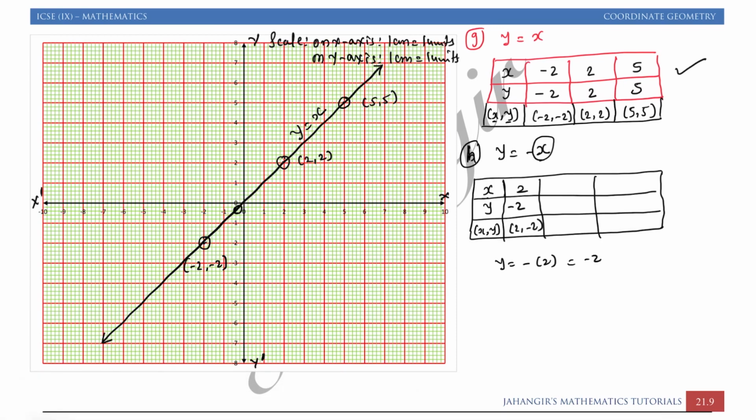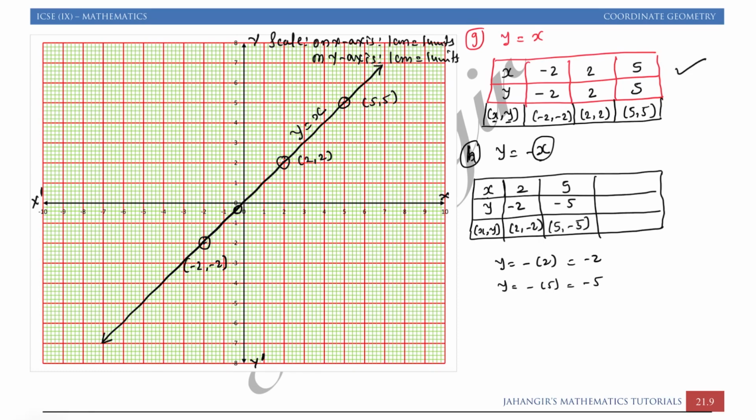So now the next value, I can take 5. If I am taking 5, what I will get, y is equal to minus x, that is minus 5. If you are taking 2 positive, always make sure that one negative value has been taken. It's not compulsory, but for a good straight line you should take one negative value so that the distance between the points is far apart. If you take just 3 nearby values, sometimes you may get wrong points also. So the second point is 5 comma minus 5.